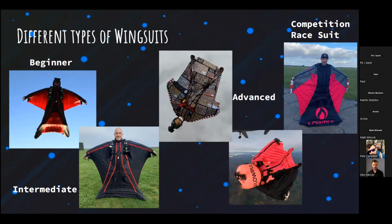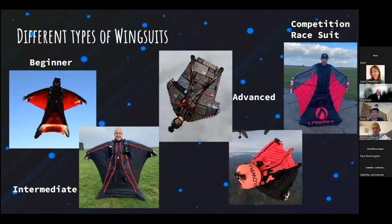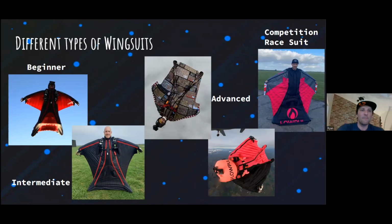So yeah, beginner wingsuits, really, really nice and easy to fly. They've not got a huge amount of surface area. The wings, as you can see from this first one, the beginner one is attached to the hip, and the leg wing is relatively small. And this is the kind of suit that you'll do for your first flight course. Once you've done 50 to 75 jumps in that particular suit,